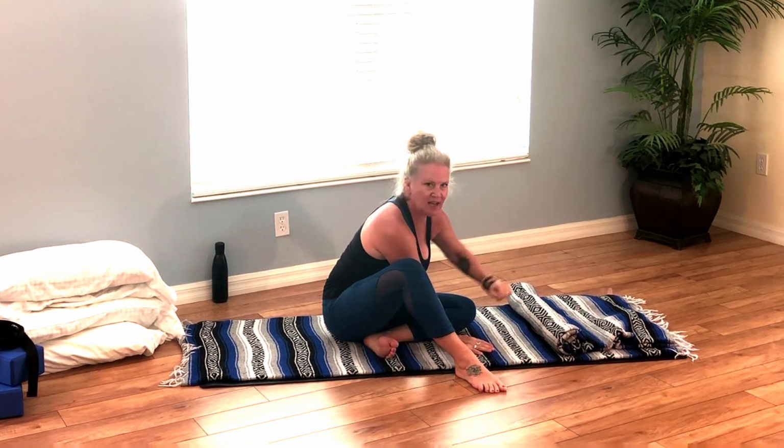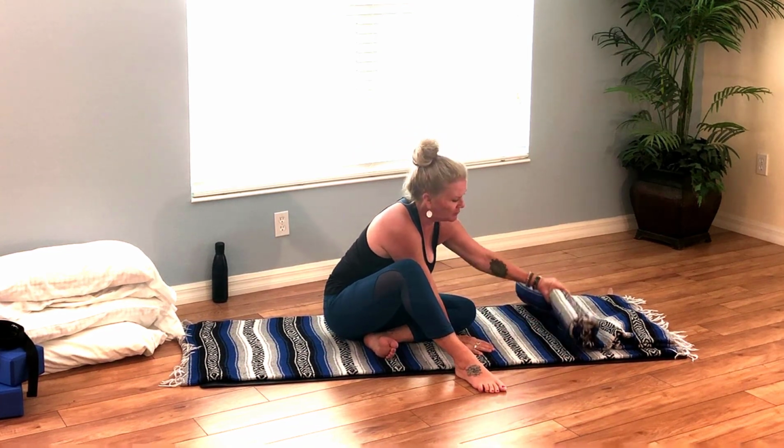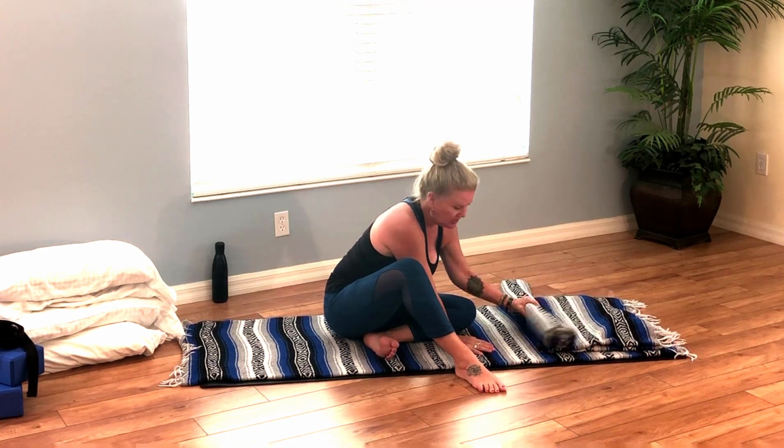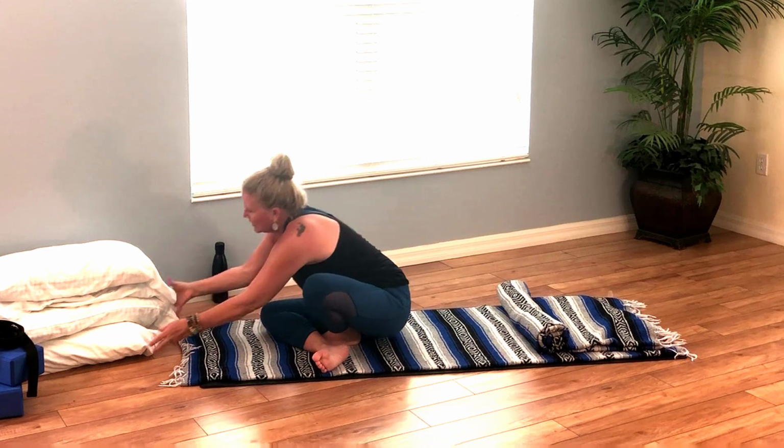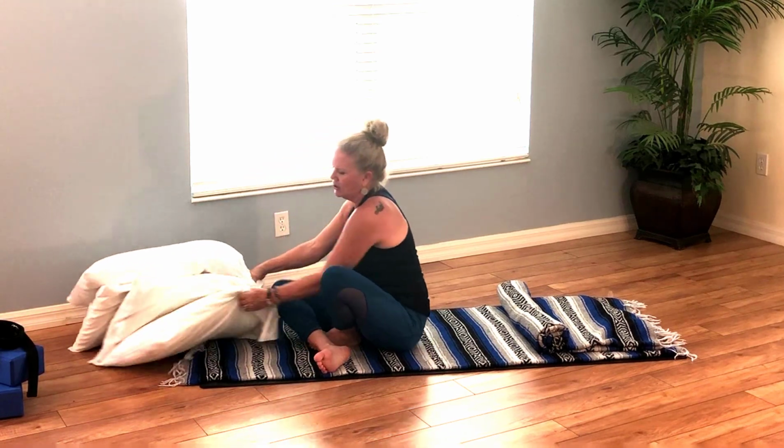Now, if the fringy side is away from you, you'll be able to roll it up or roll it down. If the fringy side were here, I wouldn't be able to move it at all. So that's why the fringy side goes away, in addition to the fact that it can tickle and that can be disruptive. Okay, so now the next thing I'm going to take is my pillows